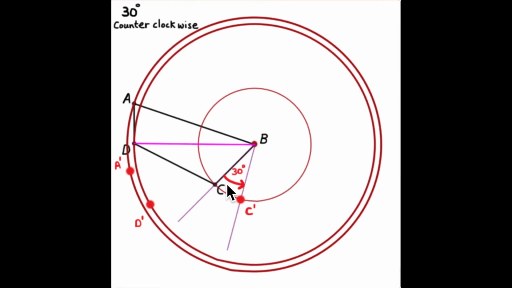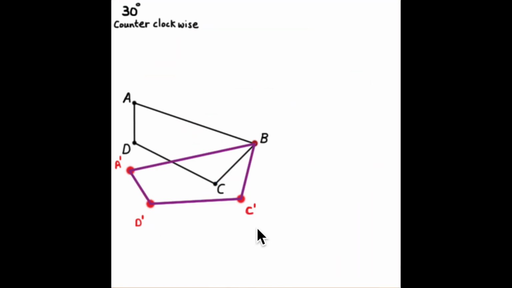And C is going to move 30 degrees counterclockwise along this circle from C to C prime. Get rid of the circles, connect the points, and this is image A prime, B prime, C prime, D prime,